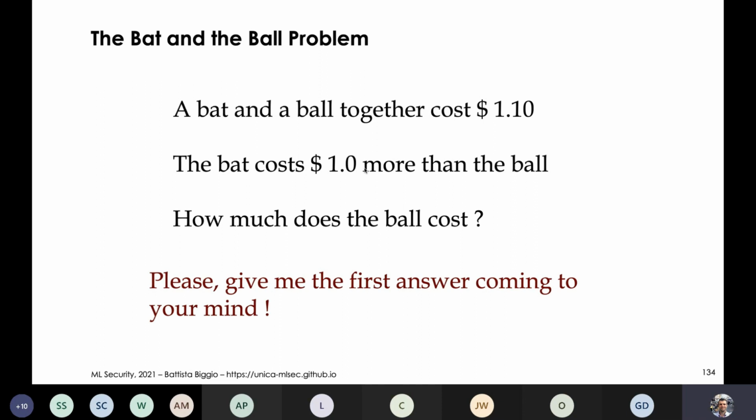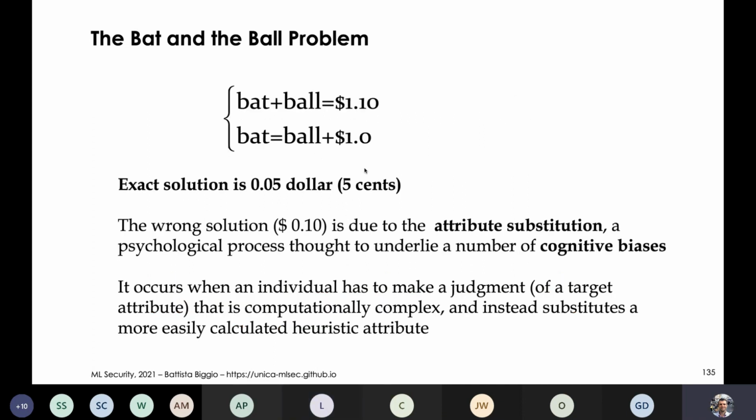But now, as I read it, you should immediately tell me the answer. So assume that a bat and a ball together cost $1.10. The bat costs $1 more than the ball. How much does the ball cost? Okay, so that's the question. And I think if you think of the immediate answer that you would give, that's going to be 10 cents. This is the first answer that comes to your mind. It will be 1.05. Yeah. It will be $0.05 actually,